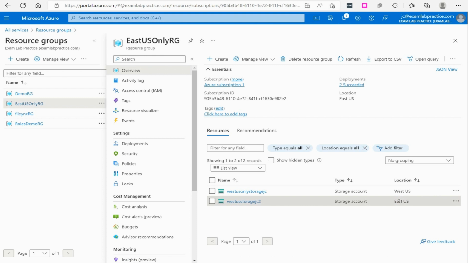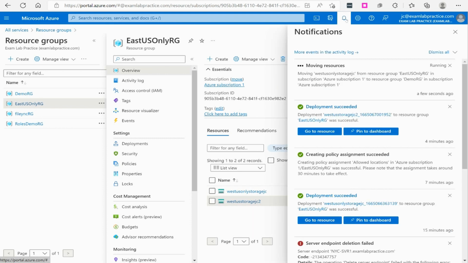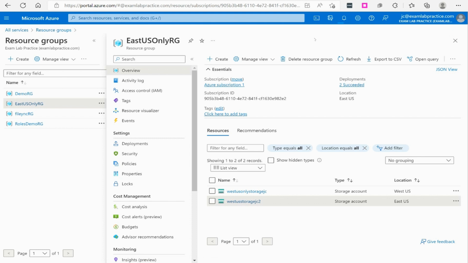The policy did not stop it. This storage account right here will take a few minutes, but eventually it will get moved over to that other resource group. I just triggered that, right? So we just have to give it some time. Up here at the top of the screen, you can look at notifications, and you can see that it is still moving. So anytime you do stuff in Azure, you can click that little notification bell, and it will let you know that there is a task that's happening right now. And if there's any kind of an error or anything, it'll let you know that there's an error. Okay, so that is how you can work with